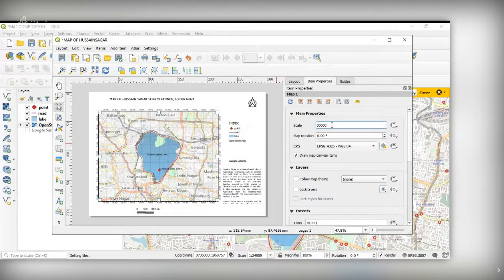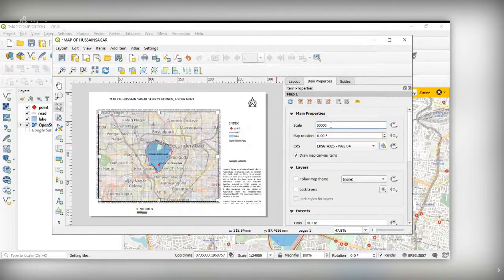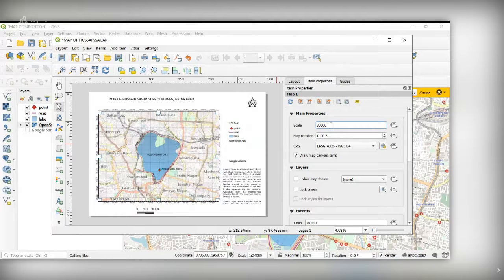The contents are changed within the map limit, and again, just notice, 50,000. See, the scale bar is changing. So your scale bar is dynamically linked with the map. The scale bar and the labels around the frame automatically also get changed.